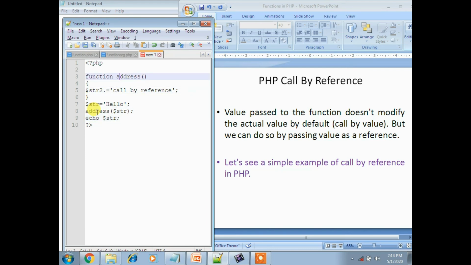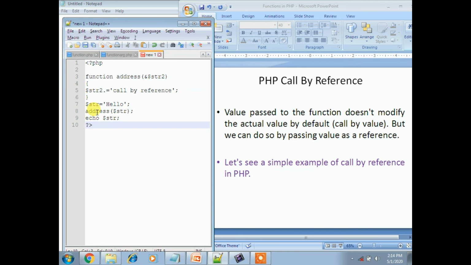Now here I want to pass call by reference, so for reference we have to use the ampersand symbol. So ampersand, and what variable did you take? $str2. So in str2 you have call by reference as a value, and in the normal variable str I took hello. So what is the output you will get? Any guess? A simple hello call by reference. You will get hello call by reference.